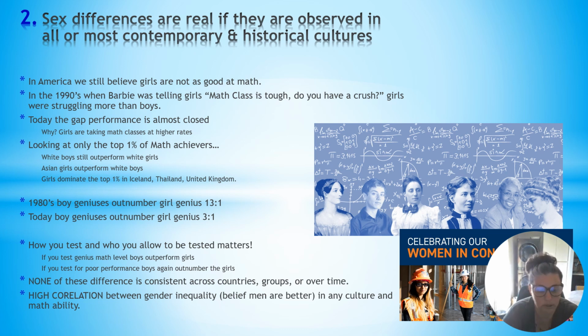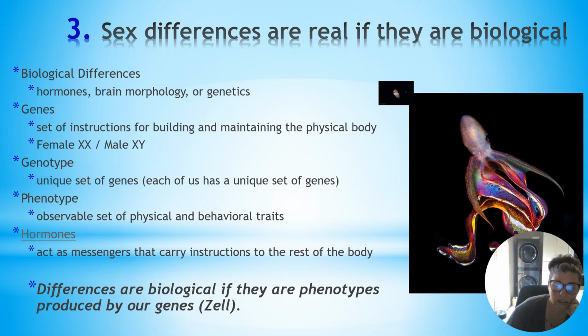We do, however, see a really high correlation between gender inequality and math ability. What does that mean? In any culture where there is a predominant ideology that men are inherently better than women, or better at math, better at science, more intelligent, just better overall than women, you tend to see higher levels of math ability in those cultures. So you see more of a difference between male and female performance in those cultures. So it's more correlated to the ideology of the culture and class or inequality.